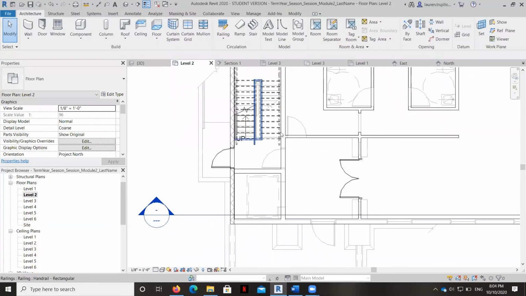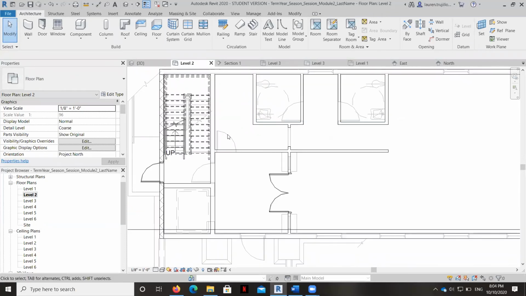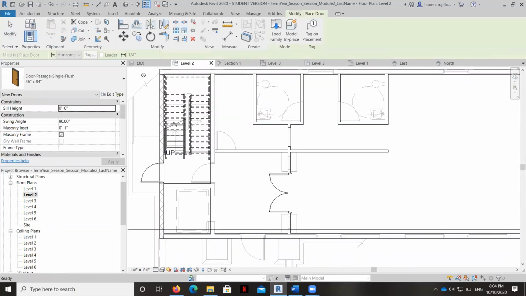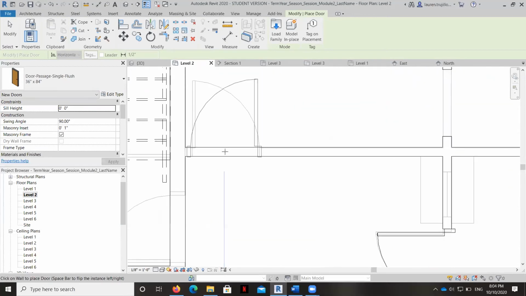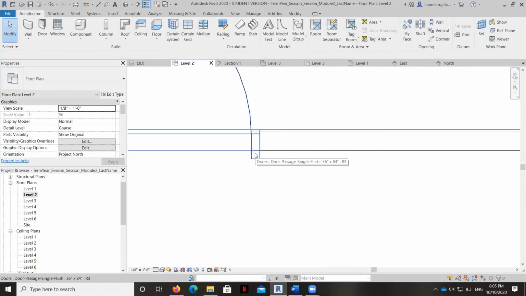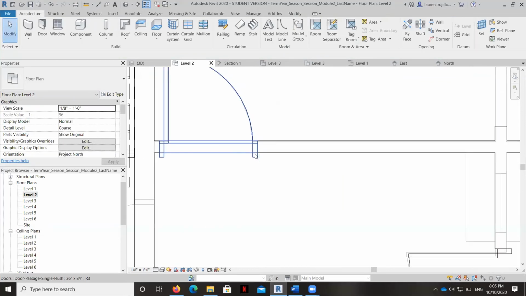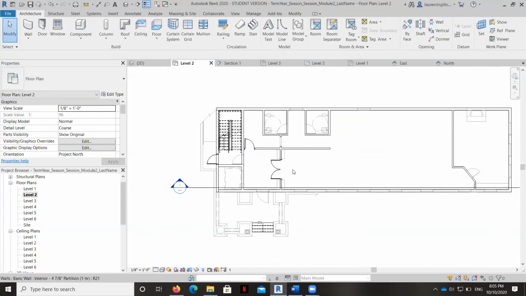And it looks like, for the most part, our doors are 3 feet wide. Now, I want to have them all be this single flush now in the interior. I can hit Tab or the space bar. What is it? The space bar? Yeah, to switch the orientation, or you can hover inside, outside. Yeah, so space bar switches it. Okay, so you can see there's the door casing right there popping out. So you can go ahead and place your doors.